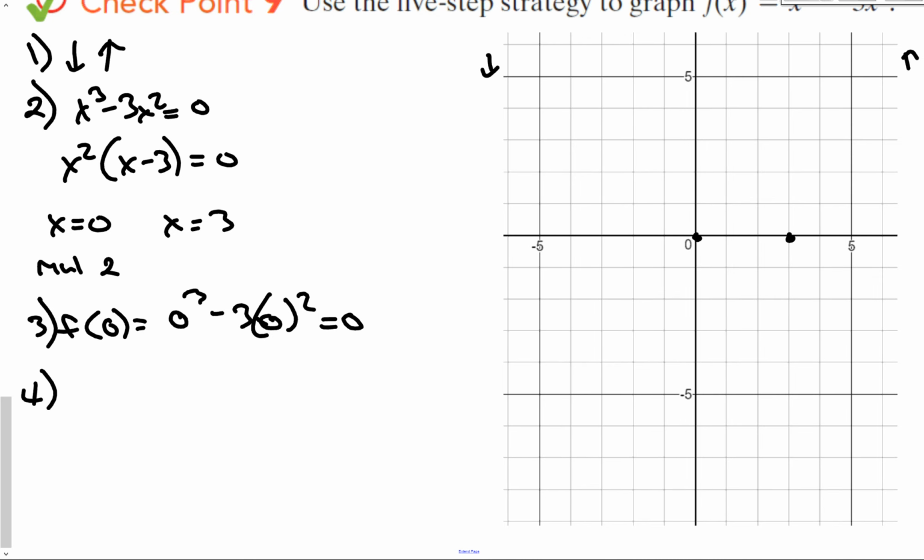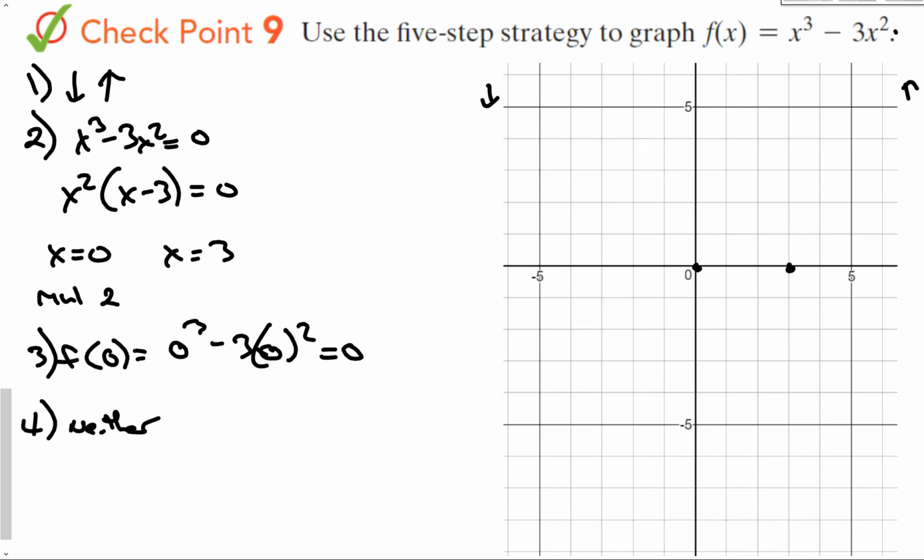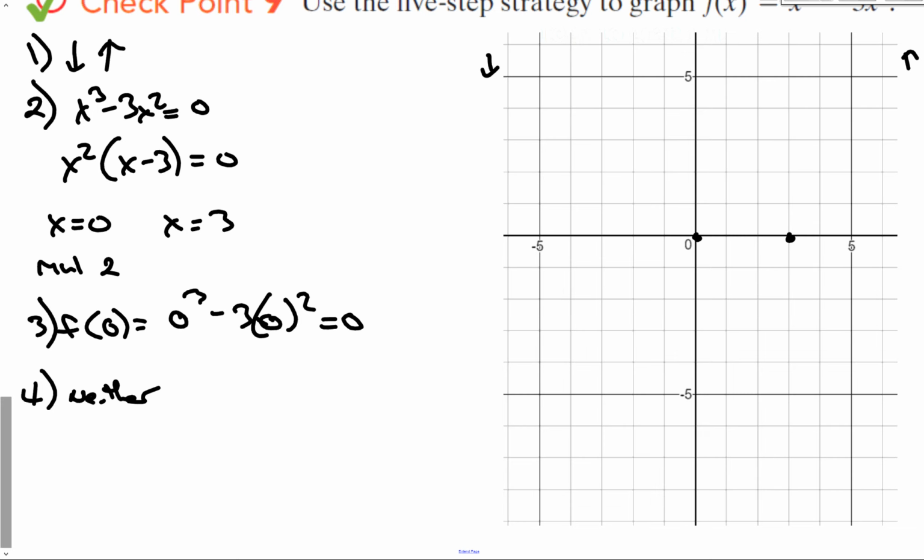4. Even or odd? Well, unfortunately, when I look at this, I have an even exponent and an odd exponent, so that means it's going to be neither even nor odd. So it has no symmetry on the x-axis, it has no symmetry on the y-axis. 5, it's going to turn